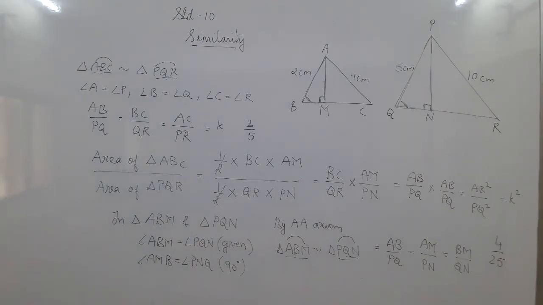Now we'll do one or two sums to understand this in complete detail. I hope you have followed what I have done on the board. You can rewind the video one more time and go through it, but this is the new thing today. So what is the new thing we have done today again? In two similar triangles, the ratio of their perimeters is the ratio of the corresponding sides, and the ratio of their areas is the square of the ratio of their corresponding sides.